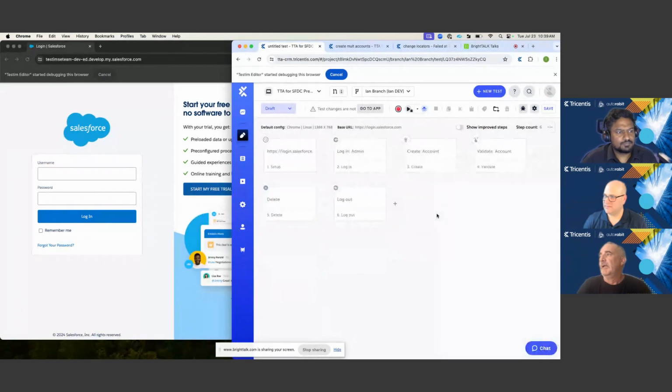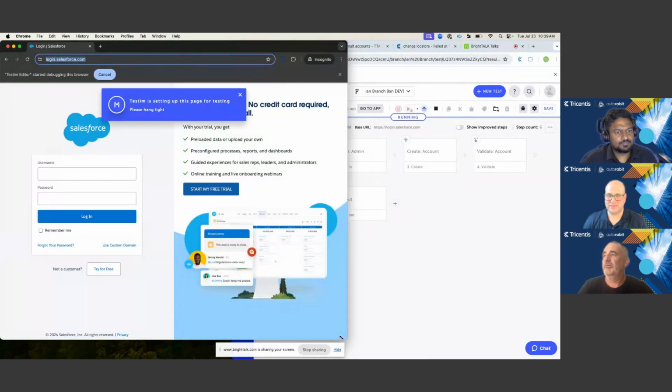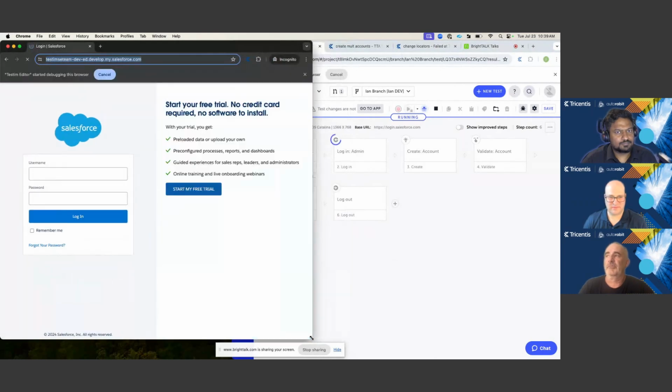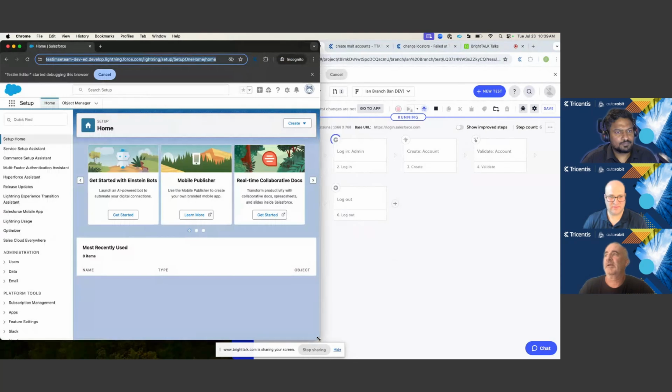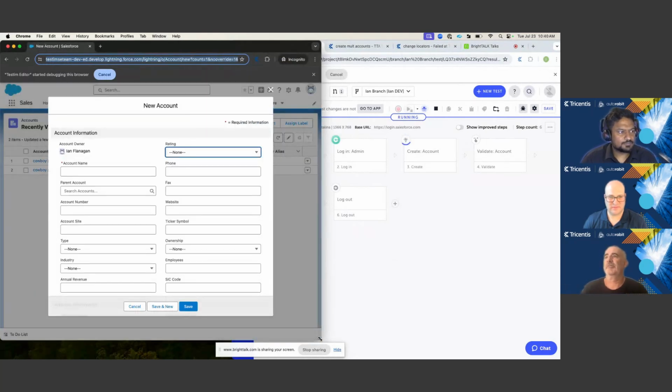Again, if you're not using Testim for Salesforce, you could do this, but it would take a ton of clicks. We recognized that there was a huge need to quickly create all these different types of objects in Salesforce, whether it's an account or a lead or a contact. We try to make that really seamless and really easy. And so we have a lot of different customers that use